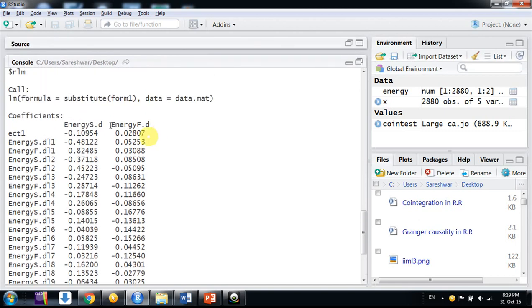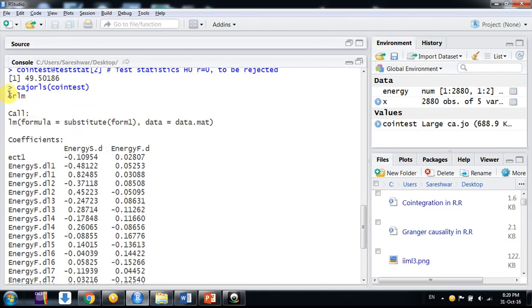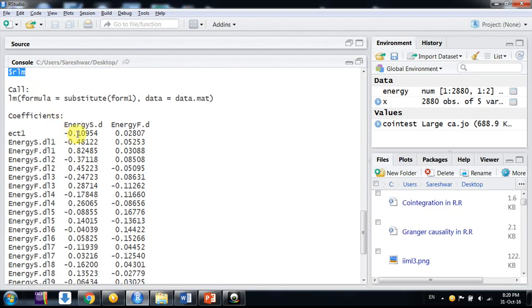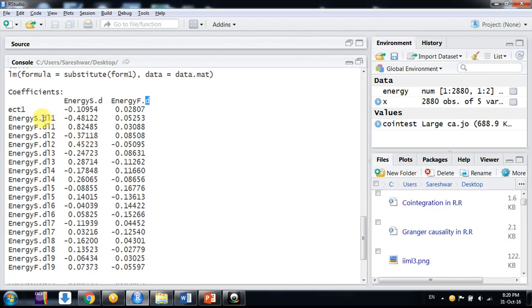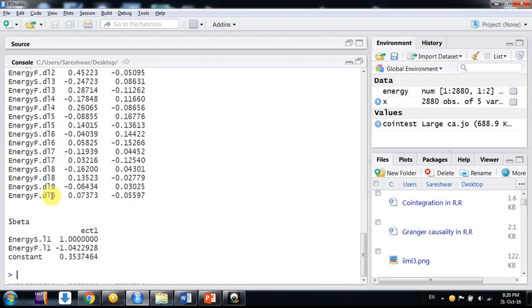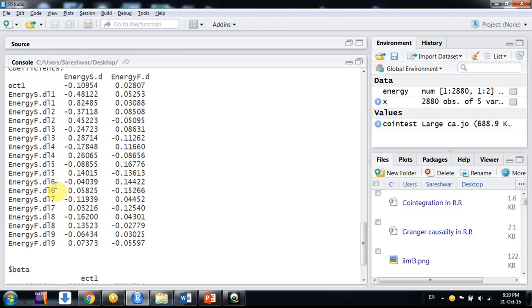Here we can see in $rlm we have coefficients for energy spot and energy futures, where D stands for first difference, like returns, and L is for lag: lag 1, lag 2, lag 3, and so on up to lag 9, because one lag is lost in first differencing. We inserted lag 10 but now have only lag 9 in the model: 9 lags of spot returns and 9 lags of futures returns.